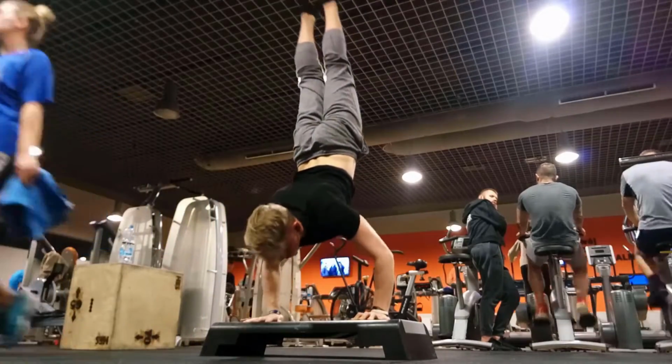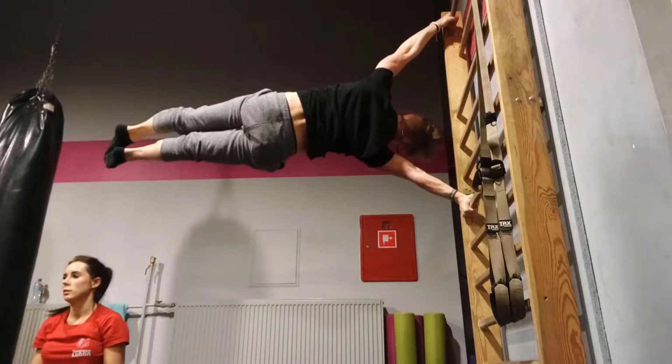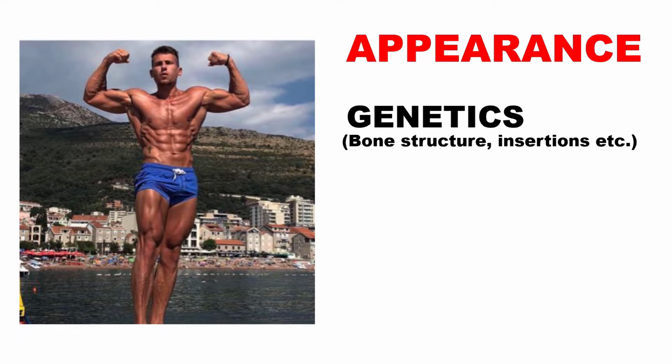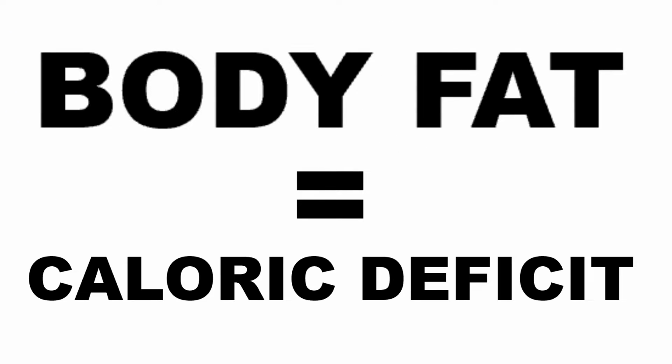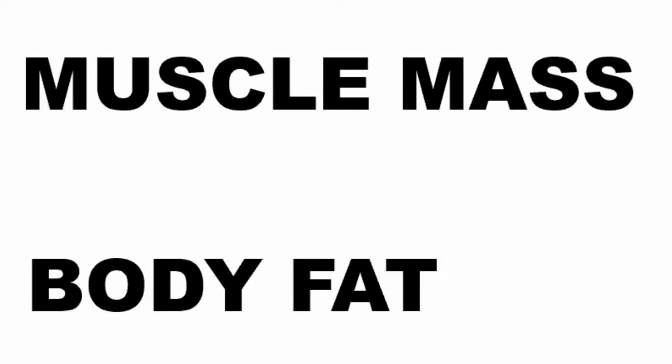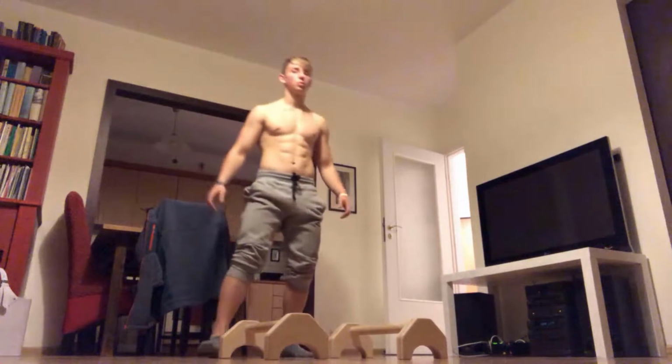However, I want to mention that for the sake of this series, we're gonna focus mostly on upper body, bodyweight skills. The appearance of physique is highly dictated by our genetics, but apart from that, it's basically the result of muscle mass and body fat level. Since the number one factor of weight loss is the calorie deficit, which is mostly related to our diet, the main function of strength training should be maintaining as much muscle mass as possible. In short, training for appearance is basically training for muscle building, aka hypertrophy. And while it's a very general goal, you don't have to be more specific in this case.